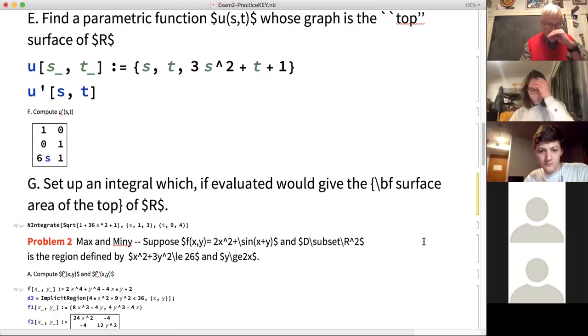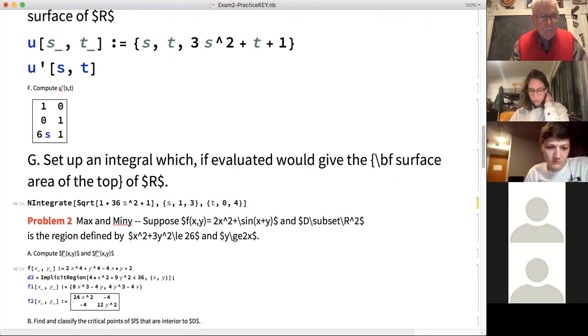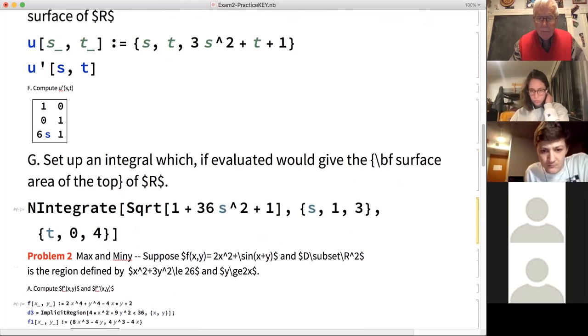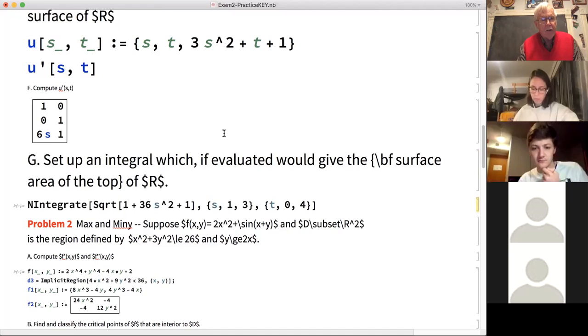Set up an integral which, if evaluated, would give the surface area of the top of this region. And so, there it is. We're going to integrate the one function times the expansion contraction factor. S is between 1 and 3. T is between 0 and 4. And you get the expansion contraction factor by taking the sum of the squares of the 2x2 determinants that are